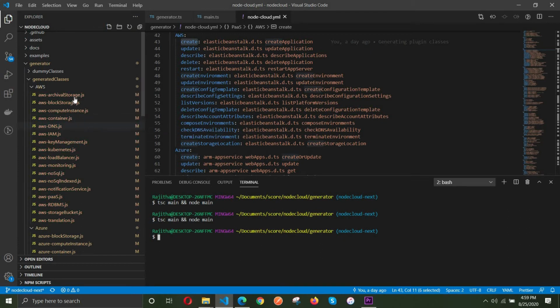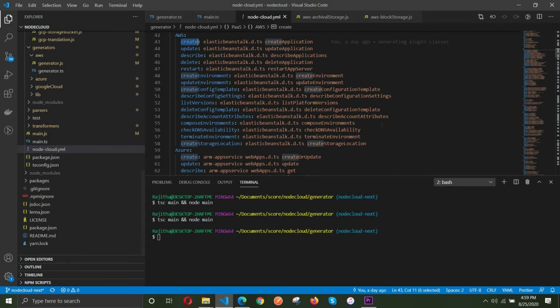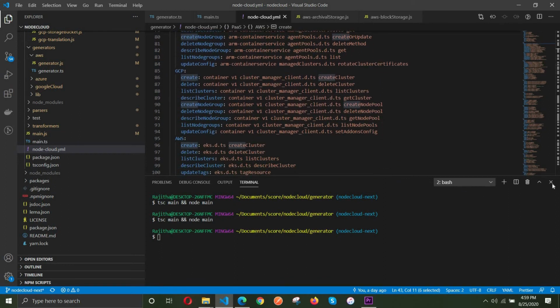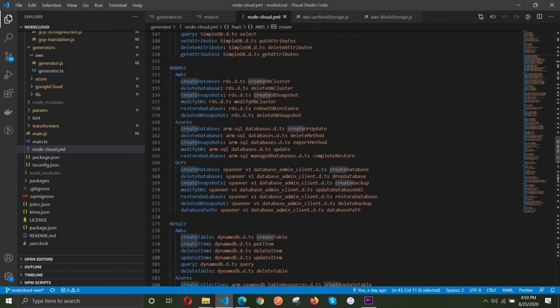So we got all the generated services. These are totally auto generated using TypeScript compile API. So this NodeCloud.yaml file is very important. This is where we state everything that needs to be generated. So if you need to integrate a new service to NodeCloud, what you need to do is add this service to NodeCloud YAML and give all the necessary details here, and the generator component will generate the